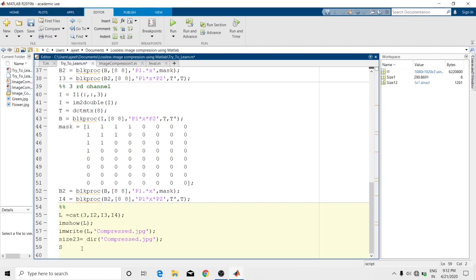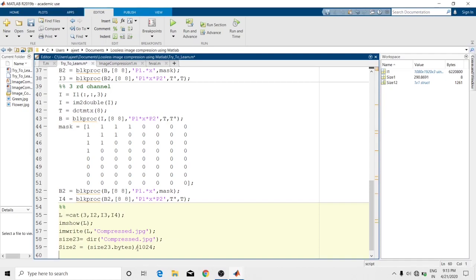So I can write size2 is equal to size23 dot bytes, and of course I want to convert it to kilobytes, so I can divide by 1024. Yes, and now it's time to print the value of the original image size and the value of our compressed image size.